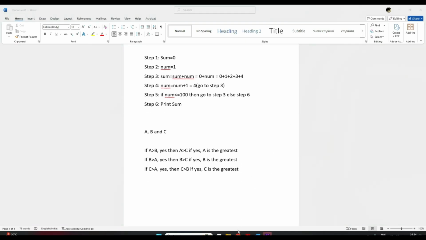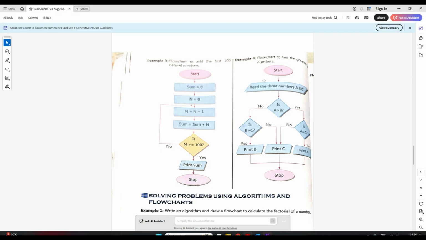So see here in your flowchart, that is what is done. See, they have first input the 3 numbers in an input box. Can you see the box? Then it's a decision. I have to check. If you're checking anything, it has to be a decision box where yes and no should come. So here first thing they are checking is A greater than B. If it is yes, then I'll check is A greater than C. Yes means A is greater than both B and C, right? If yes, then I'll print A.